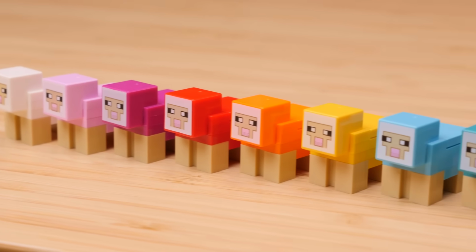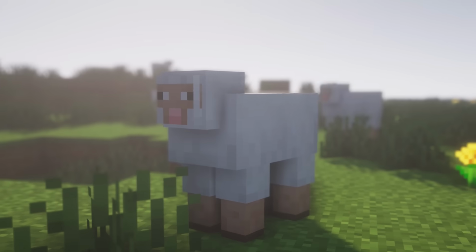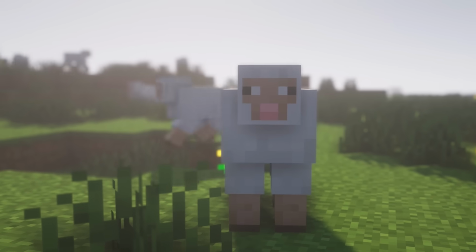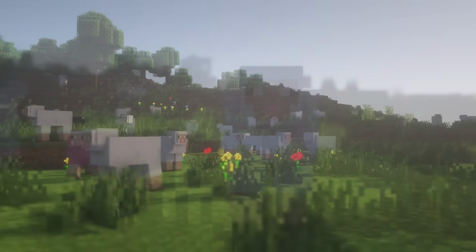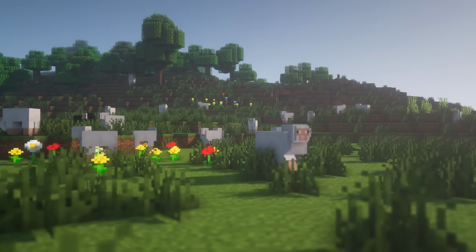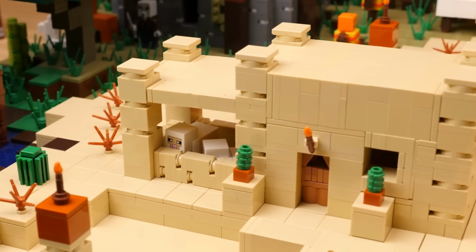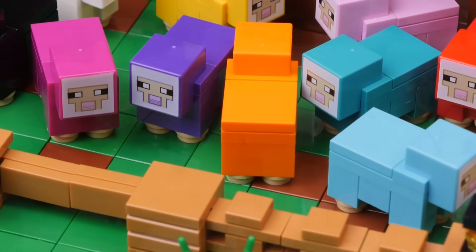It's likely not a well-known intention of mine, but it's always been my dream to add a wool farm to the LEGO Minecraft world. You know, a pen full of all sorts of multicolored sheep to shear for your next building project. Up to this point, I've strategically omitted sheep from the world. Well, mostly. 2 did appear in the shepherd's house in the desert village,